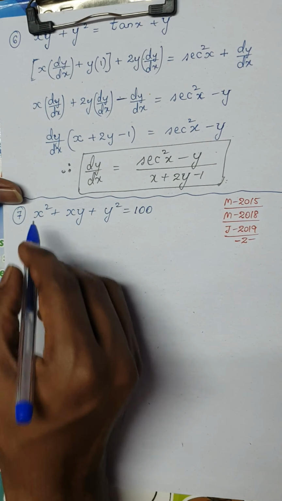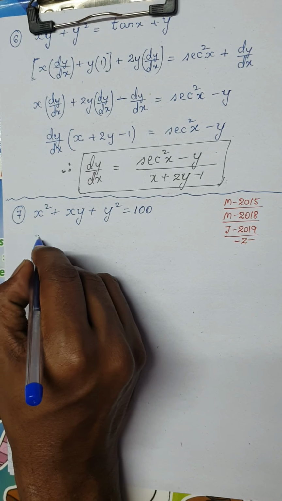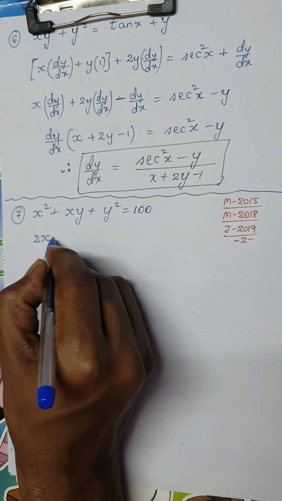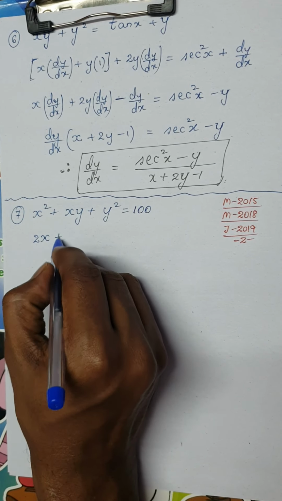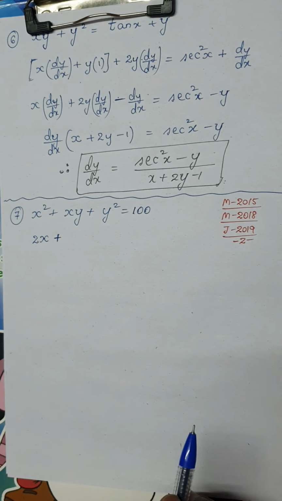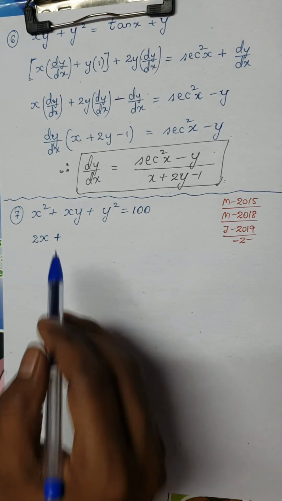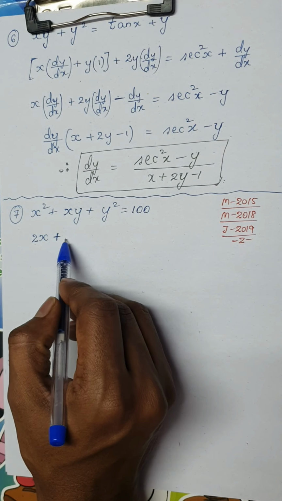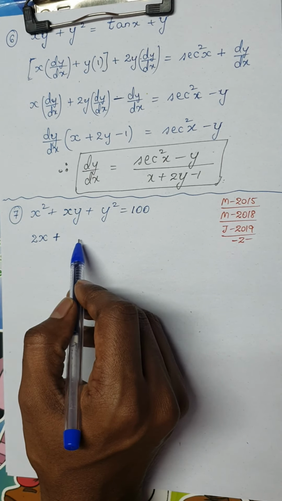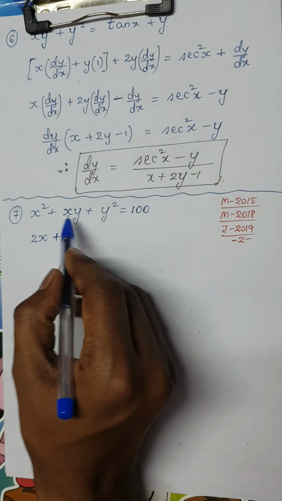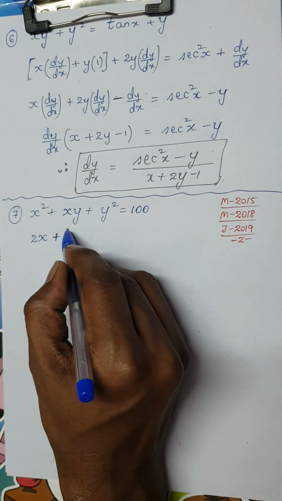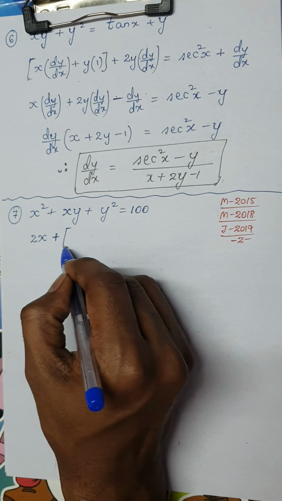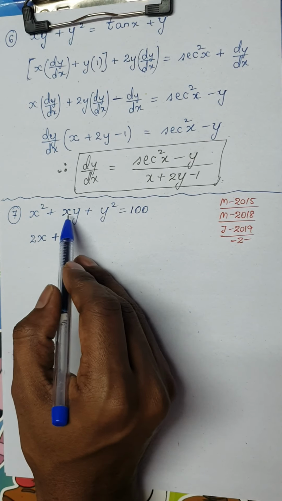So let us differentiate. We know derivative of x square. What is derivative of x square, Suresh? It is 2x, isn't it? Plus, now this is where students make different mistake. They forget this x into y and they just write derivative of x is 1 and derivative of y is dy by dx and move on. Remember, you have to use the product rule here. Shweta, is it clear? So always you have to use the product rule here.